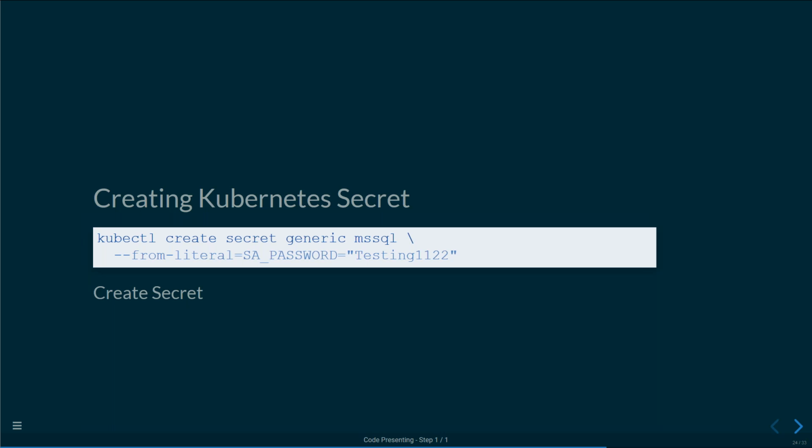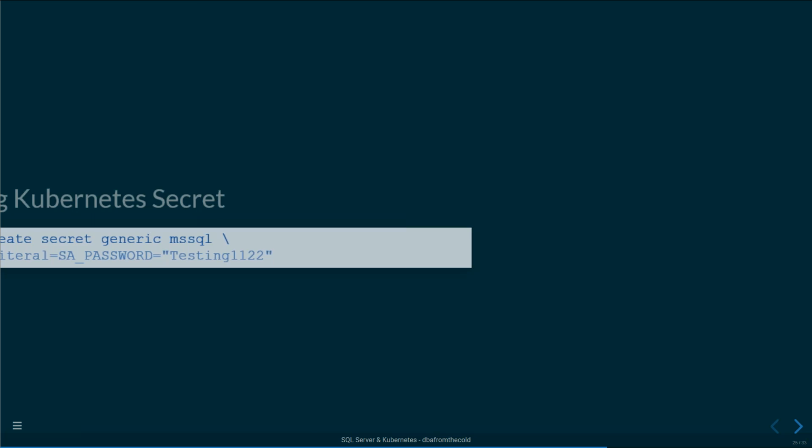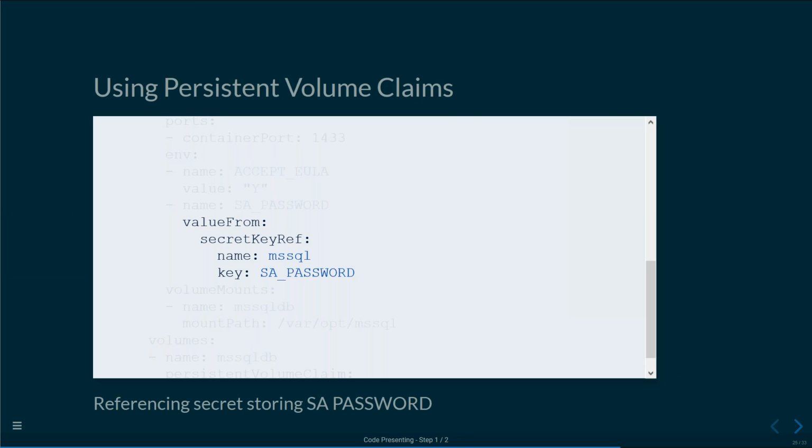And this is the key value here. So SA password is the key, and the value is testing 1122. And then instead of referencing my SA password directly in my YAML file, I can then say value from secret key ref, the name and then the key. And that is a lot better than having my password in clear text in a config file. However, there is a major gotcha with this, which I will show you in the demos. But it's better than having testing 1122 in there.